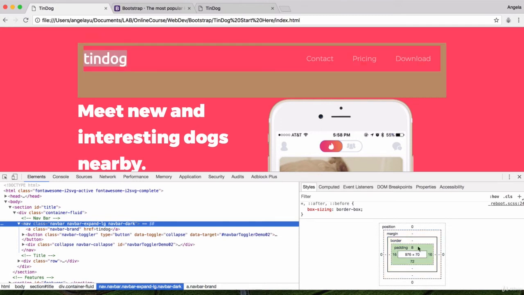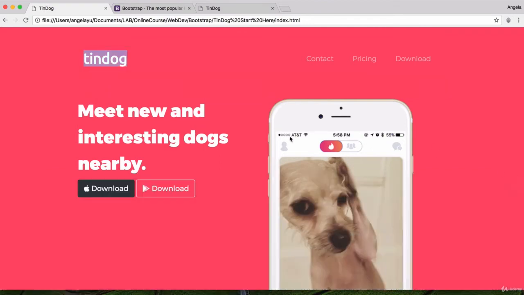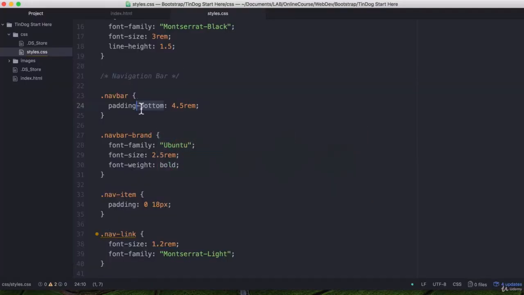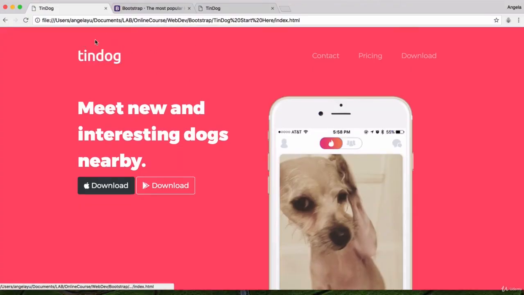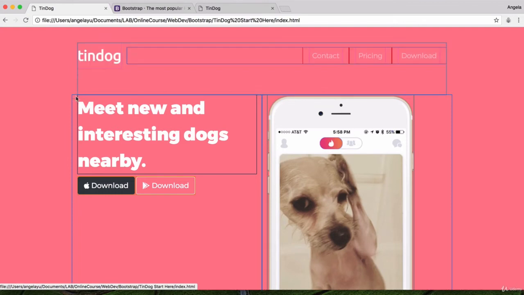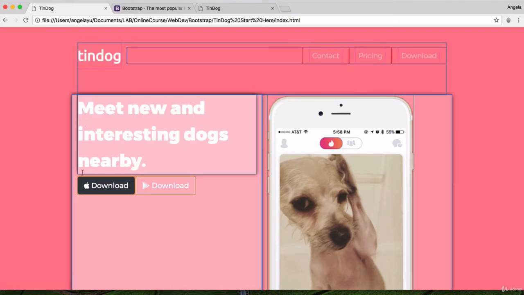So let's try and get rid of this padding, which came from probably the Bootstrap element. And we can do that by, instead of using padding bottom, to add padding and then add 0 to the top, 0 to the left and right, and 4.5 rem to the bottom only. So now if we refresh, you can see that our navbar brand now aligns perfectly with our title text and